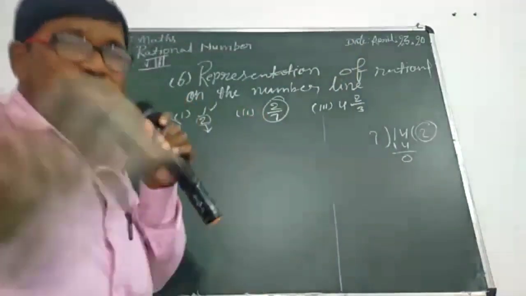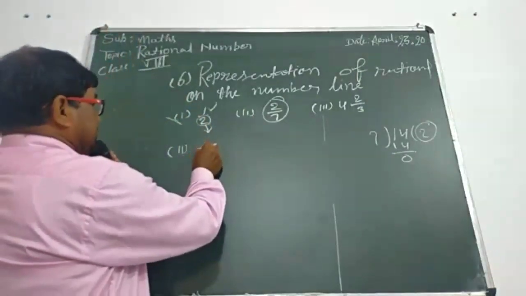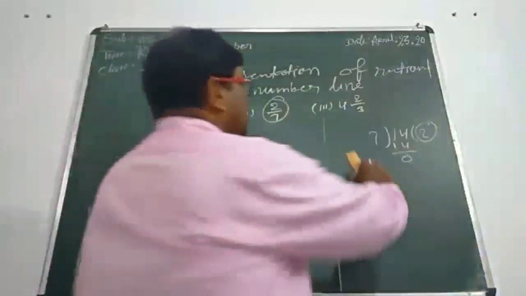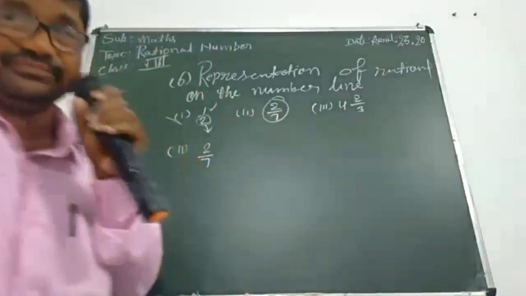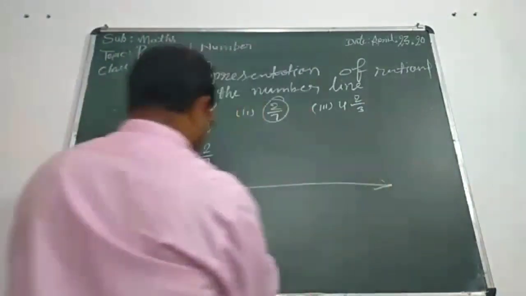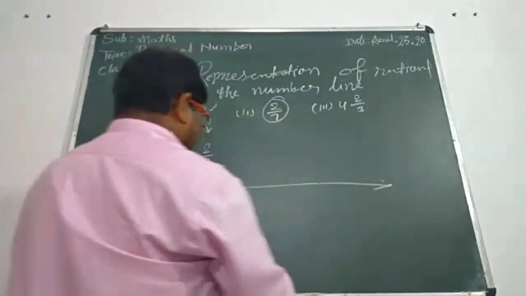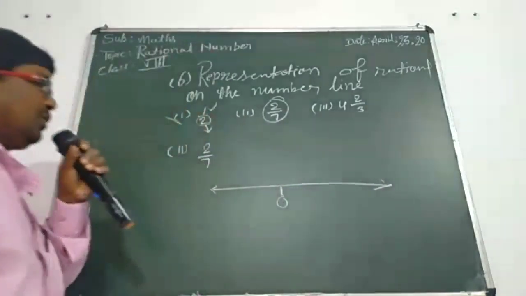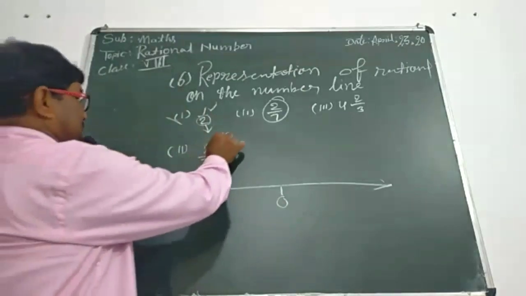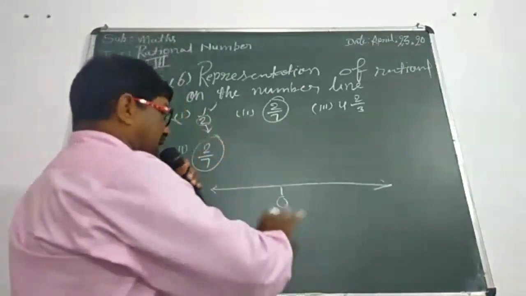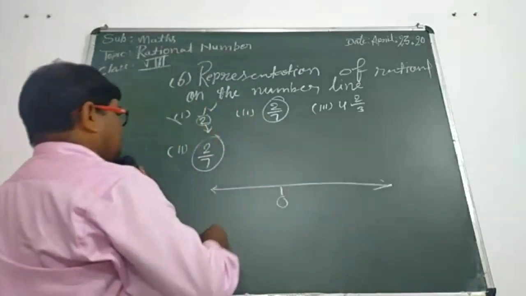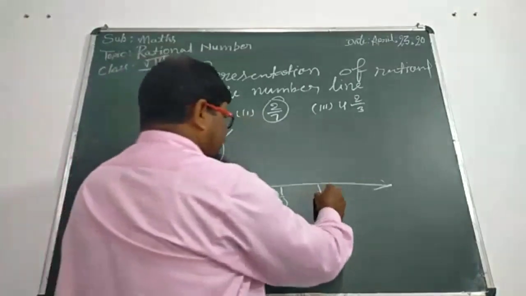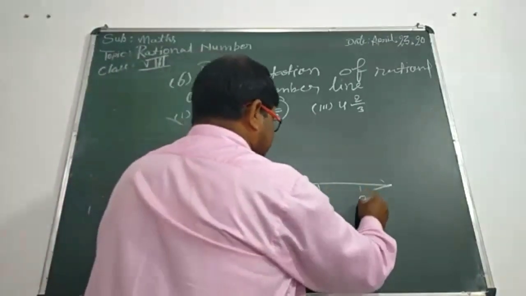Check again this sum. Sum number 2. Our rational number is 2 upon 7. First of all, we will draw a line. This is a line. Okay, we are representing the number here. So this is a number line. That is 0. Student, your rational number is positive. You will go to the right side from 0. Your numerator is 2. How? 2. 1 and 2. This is 1, this is 2.